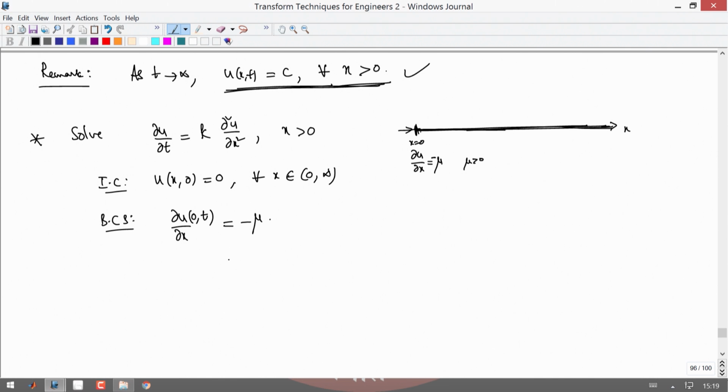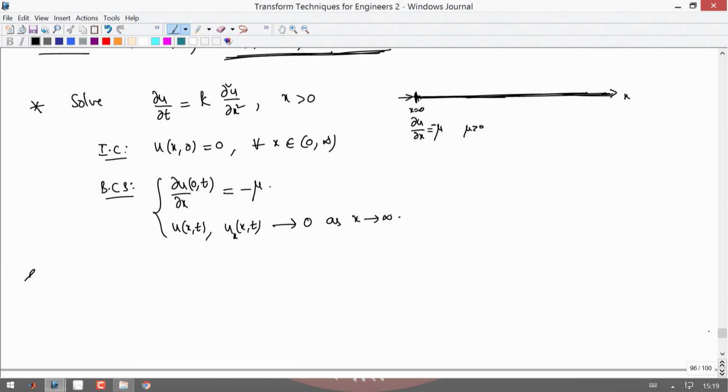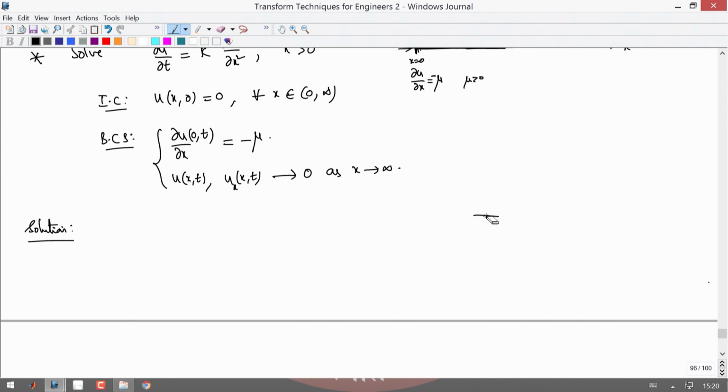Okay, this is your boundary condition. If you want to apply the Fourier sine or cosine transform, because the domain is 0 to infinity, u at x t and u x x at x t have to go to 0 as x goes to infinity. So, these are your boundary conditions. You can solve such a boundary value problem for the heat equation similarly. Because this Neumann boundary condition is given, we apply the Fourier cosine transform